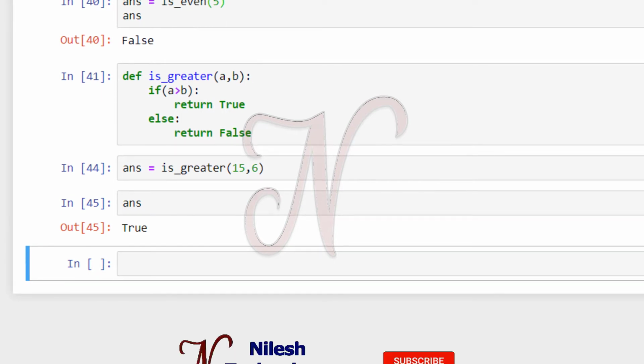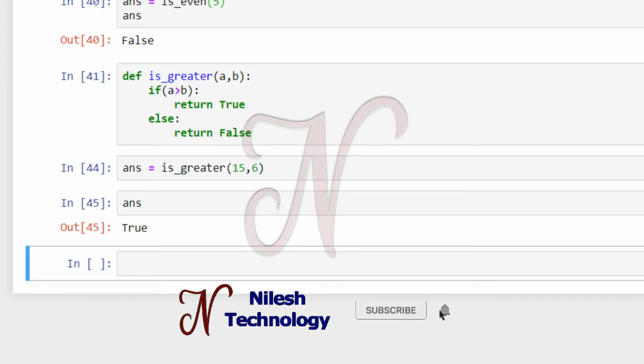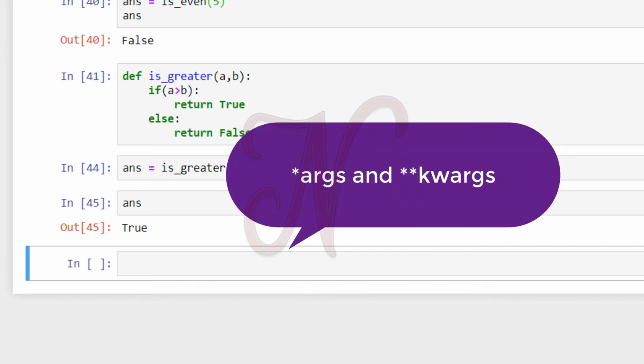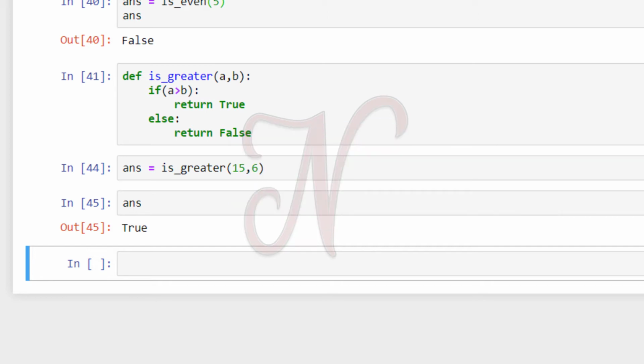So in this video we discuss another concept of a function, that is the parameter related concept. There are two arguments, see here, *args and **kwargs. We will see these two arguments in a function. Work with Python long enough and eventually you will encounter *args and **kwargs. These strange terms show up as parameters in the function definition.